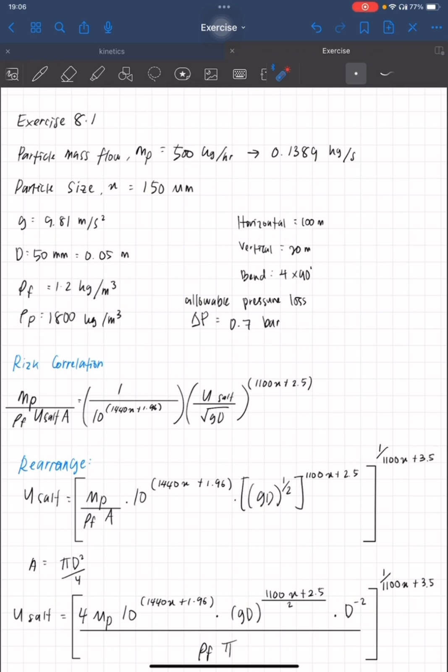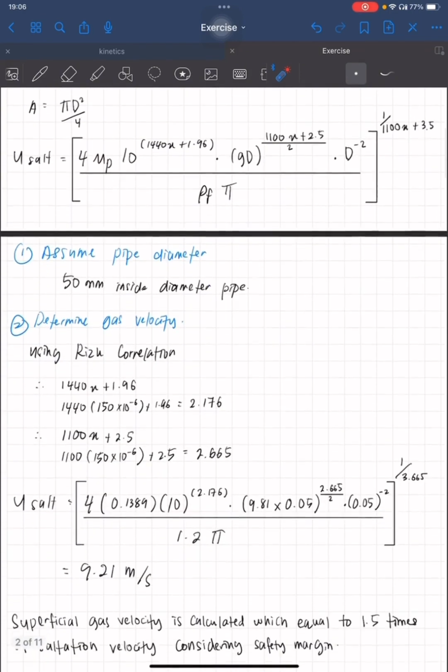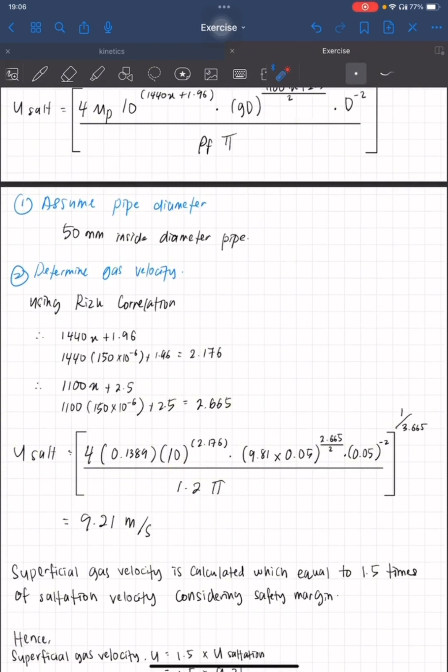Assume the pipe is smooth and there are four 90-degree bends and the allowable pressure for the system is 0.7 bar. So the first thing is we need to assume the pipe diameter. For this solution, we assume the pipe diameter is 50 millimeter with respect to the inside diameter of the pipe,